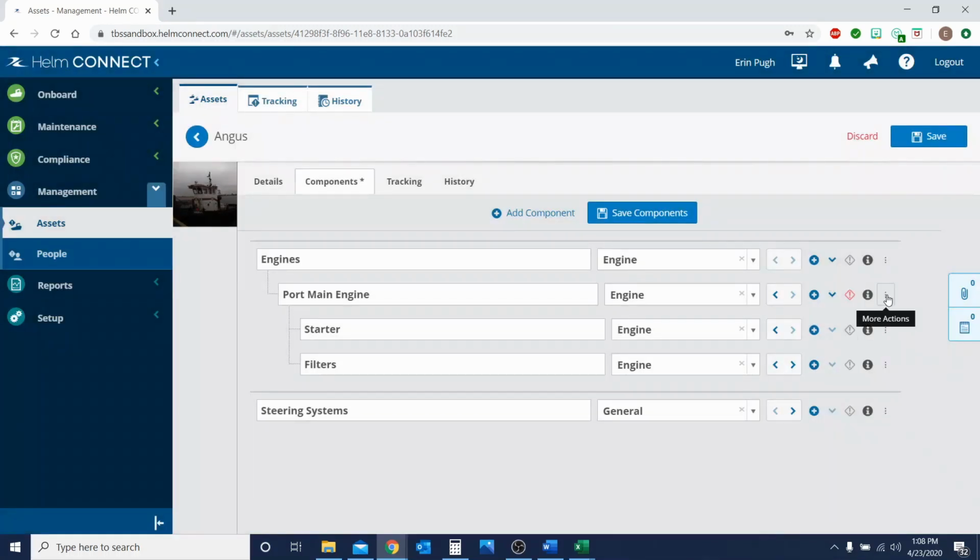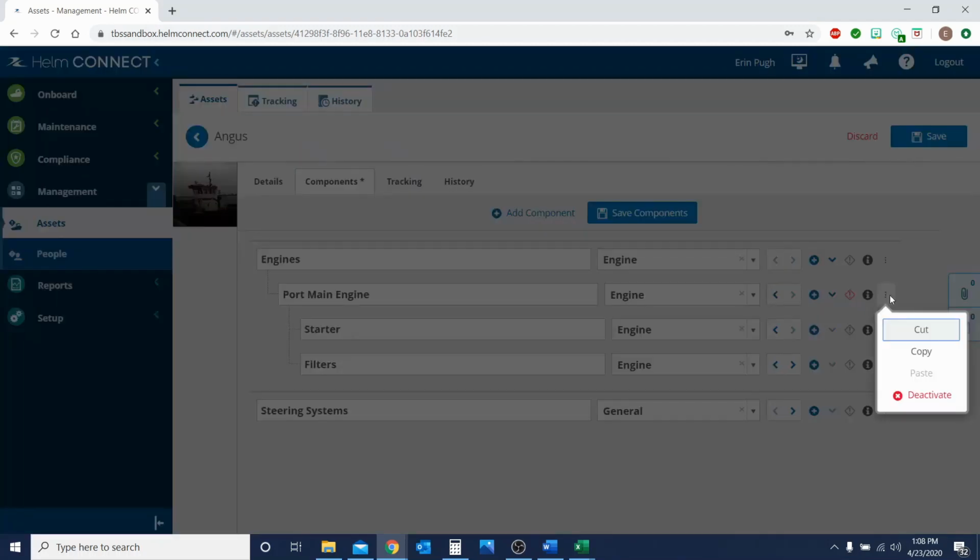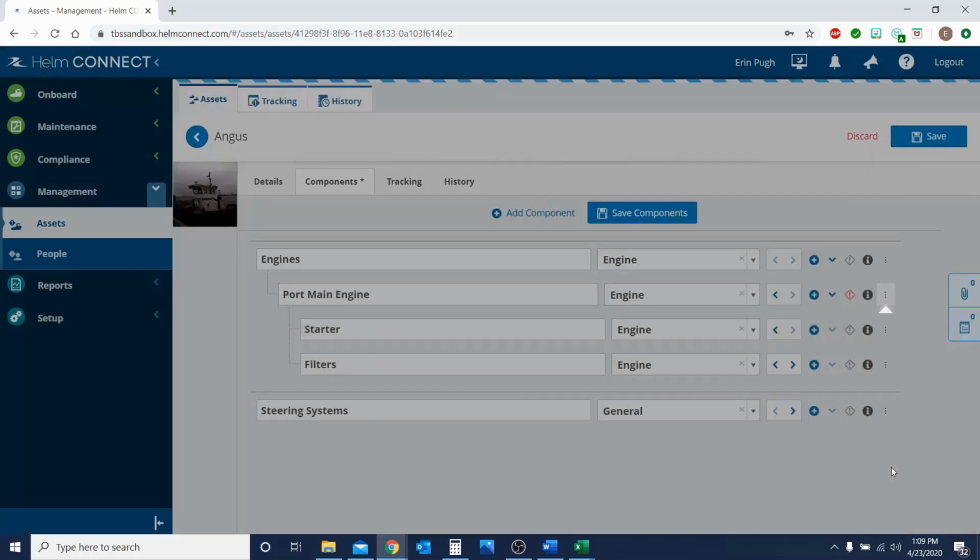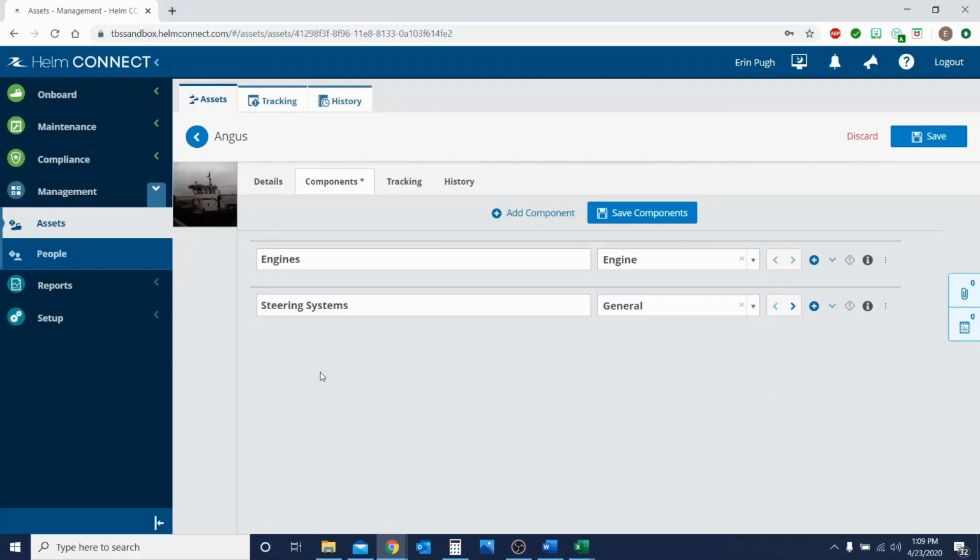And I'm going to go over to the last icon that's next to our components, which is the More Actions button. There's a couple different options on here. So if we want to get rid of the port main engine, maybe you have too many components in here that aren't related to this vessel or whatnot, you can edit the component tree based upon your vessel's components and parts. If we don't have a port main engine on the Angus, all we need to do is just hit deactivate,